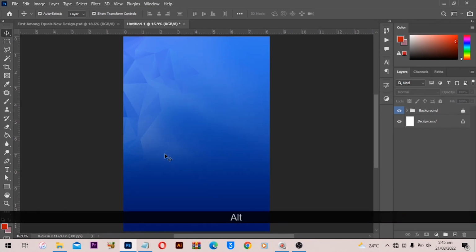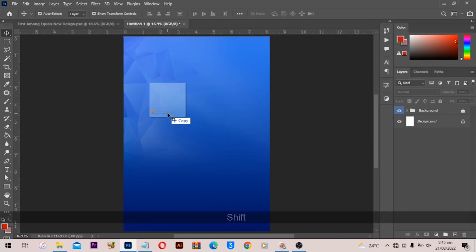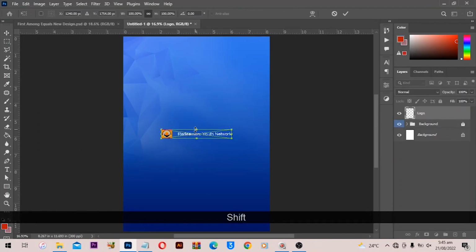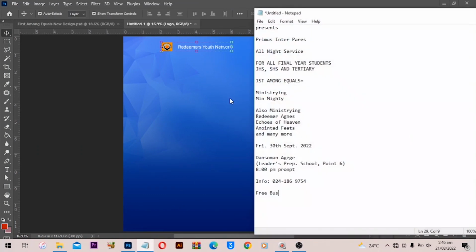Next, I will start by bringing in my info. So I have my logo and my church name here. Click and drag that into Photoshop, move it to a place where it deserves. Click on the mark to accept changes. Then next, I'll go to